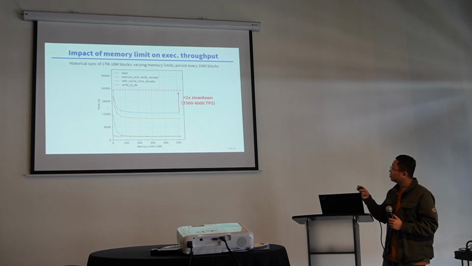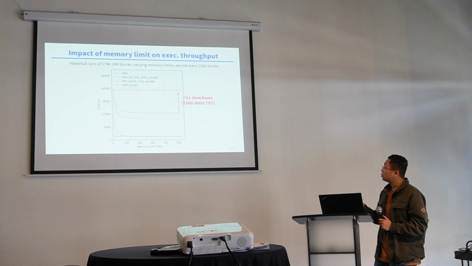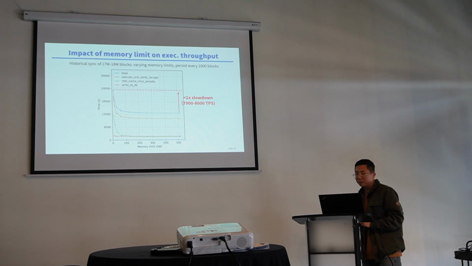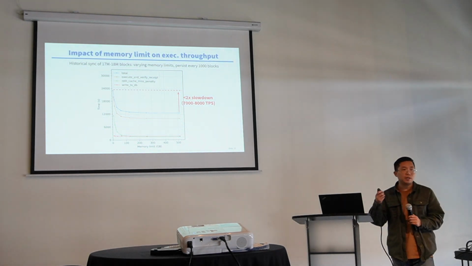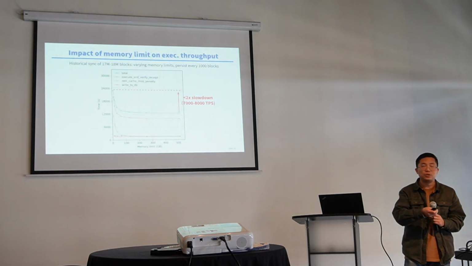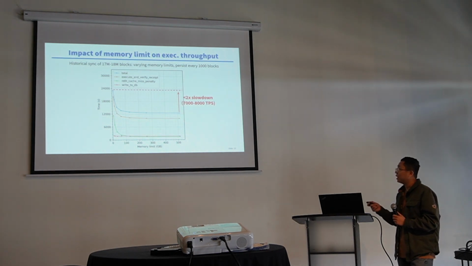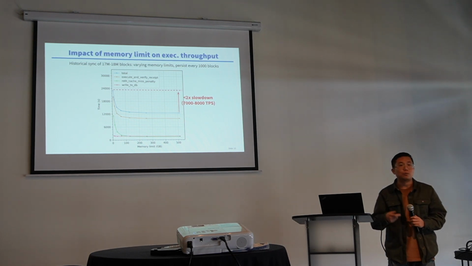So to understand why, I also put 3 other curves in this graph. They will help explain this behavior. So from top to bottom, first I have the orange curve. The orange curve shows the time spent on executing transactions, so it's a portion of the total sync time. And then we have the green curve below, which is the time spent on loading data from the underlying database into the Redis cache layer. So it's also strictly a portion of the execution time. And finally, at the bottom, we have this flat red curve that shows the cost of writing state changes back